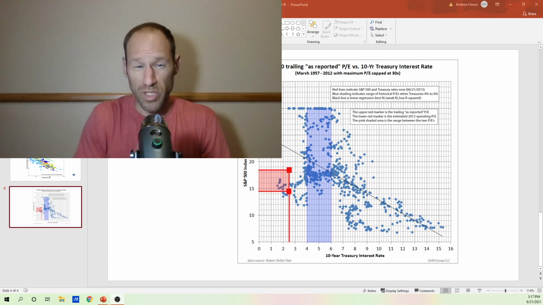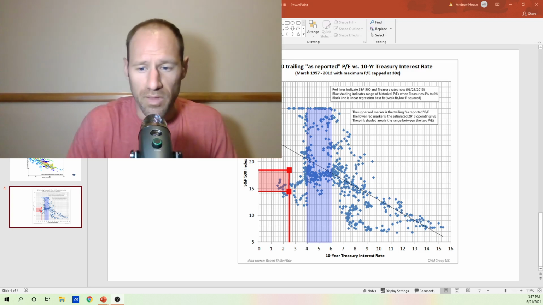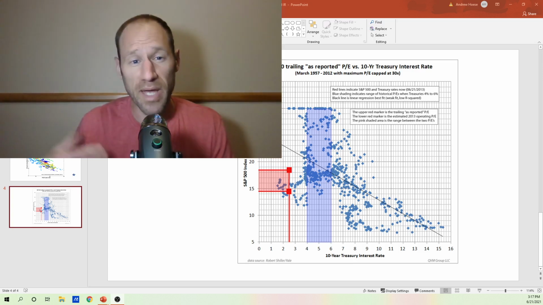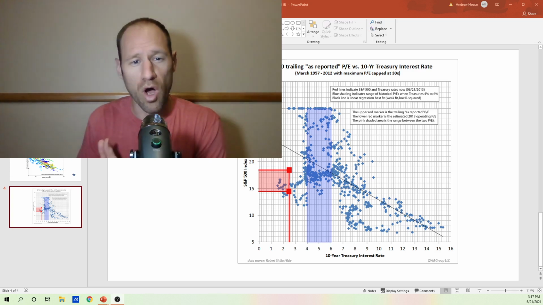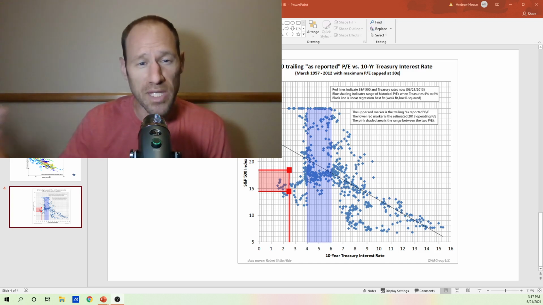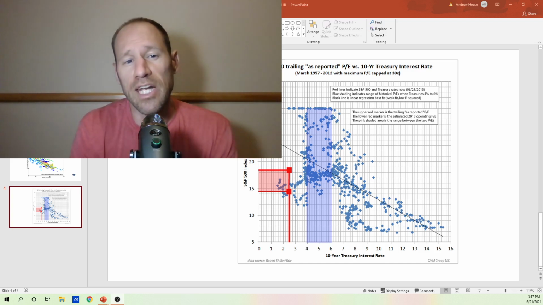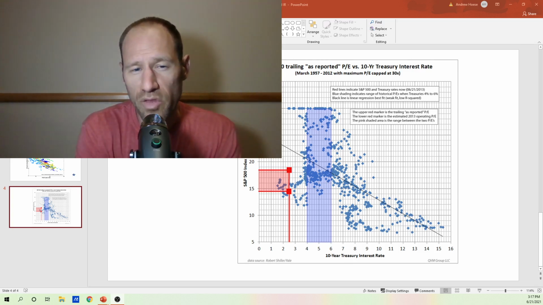Our interest rates went so low recently, all the way to the downside, that people speculated and went into stocks because there was absolutely no return in bonds. So they were forced into riskier assets, which blew the PE ratios to the upside. Now here's the problem. If everyone runs into stocks, where's all the money at? It's in stocks, right? Well, if all the money's in stocks, how does it go up more? You're going to need more money, right?